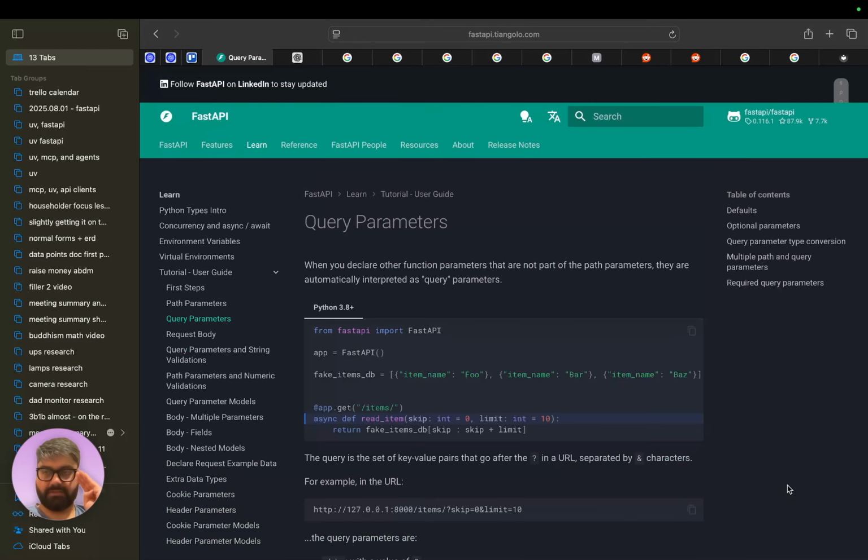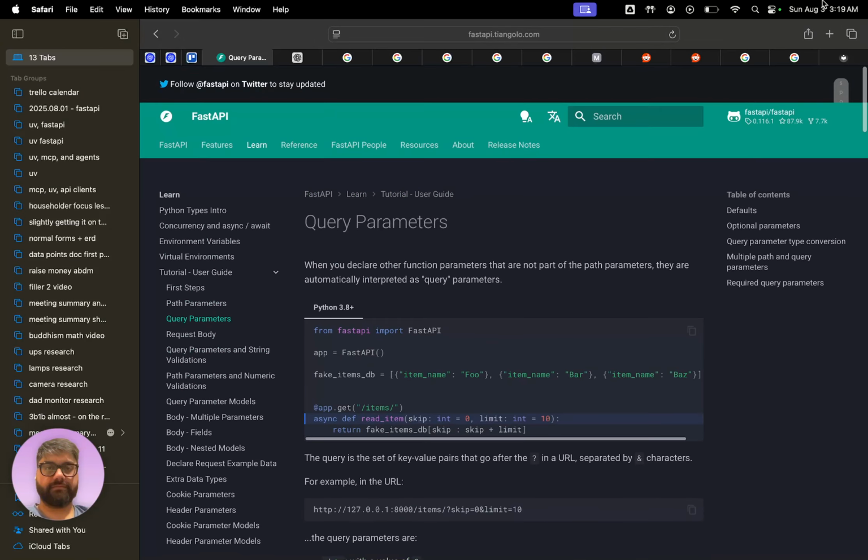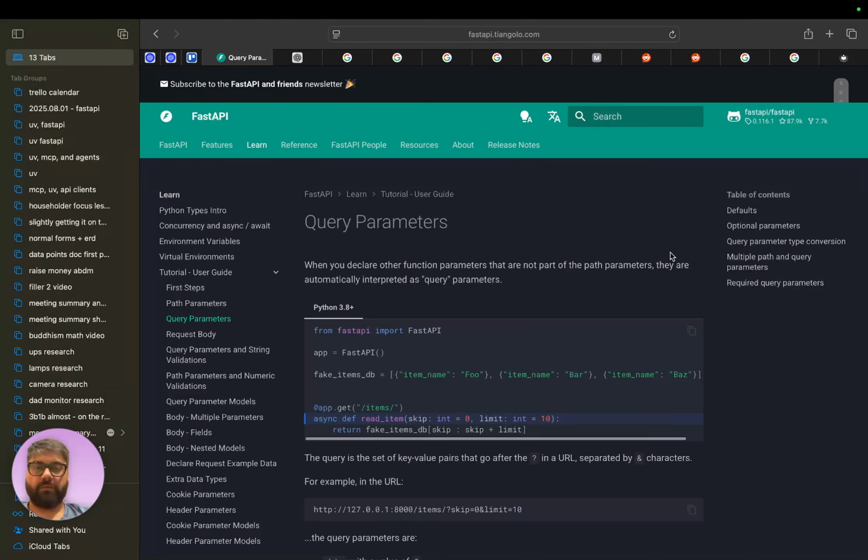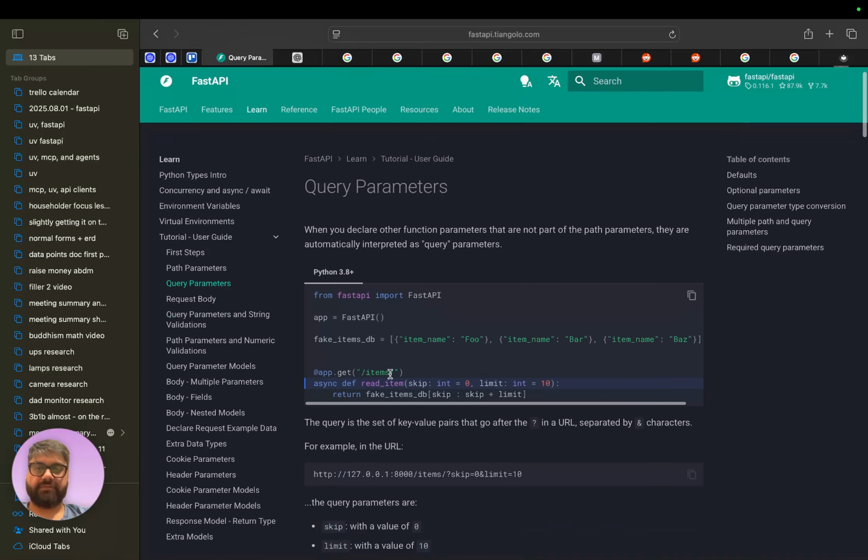So, onto query parameters. Here I have my first major confusion, whatever you want to call it. If I have app.get and I don't define path parameters, and I define parameters as function arguments, in terms of API stuff that's considered a query parameter.